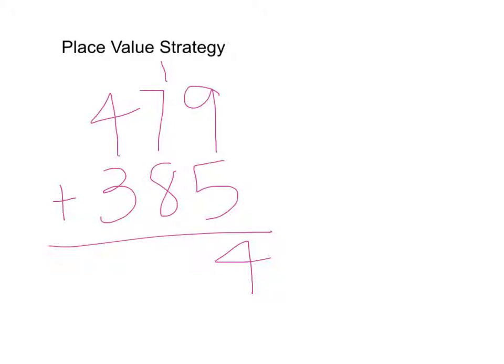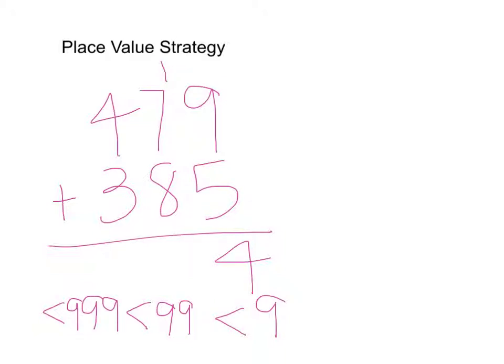Now, students need to understand that they're going from the ones place to the tens place, and when they add the ones place together, if the value is greater than 9, that is why they have to carry over this 1 right here. And for the tens place, if it is greater than 99, that's when they carry over into the hundreds place. And then for the hundreds place, if it's greater than 999, then they will go into